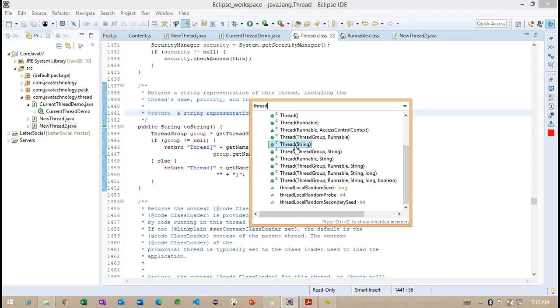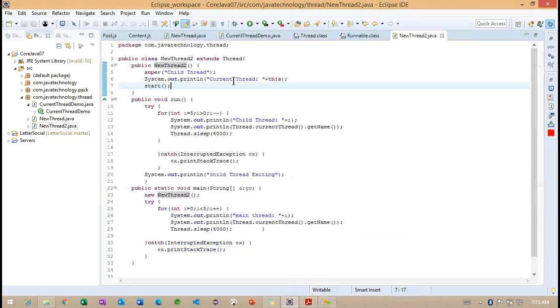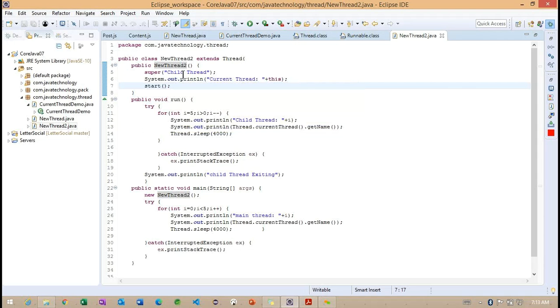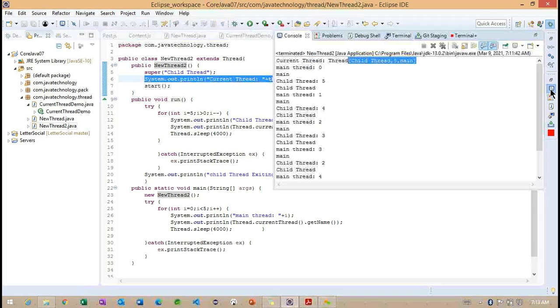So if you want to understand, we can observe. Now you can see this is the constructor of Thread, and it's taking a string as a parameter. Using this super keyword, the string parameterized constructor is going to be called. Internally, it is trying to override the default thread name. Because of that, we are getting the thread information the first time. Right. Why are we getting this the first time?